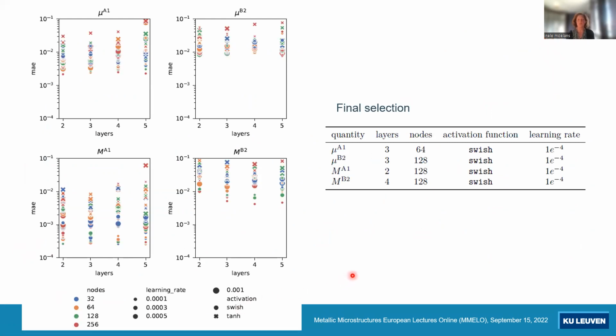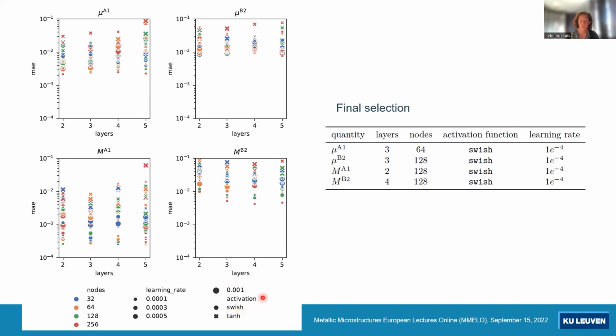Here, the optimization of the neural network was more difficult, so it doesn't fit as well as the sublattice fractions. So he tried many different situations: different numbers of layers, different numbers of nodes. He also tried different what we call activation functions. As standard, we use the tangent hyperbolic, but there are also other